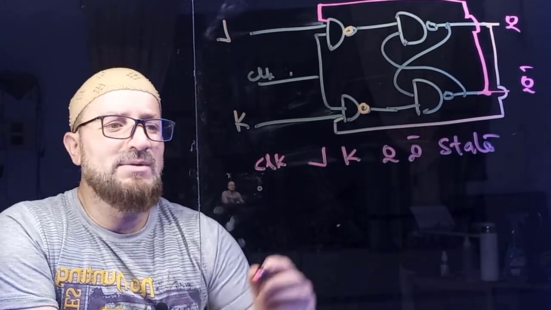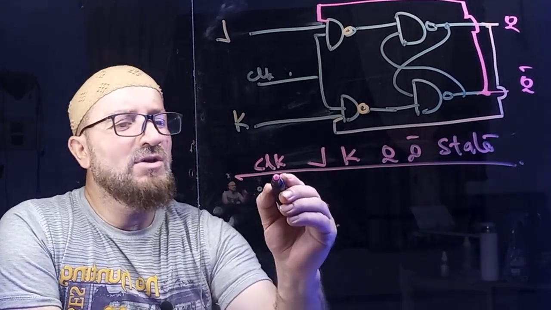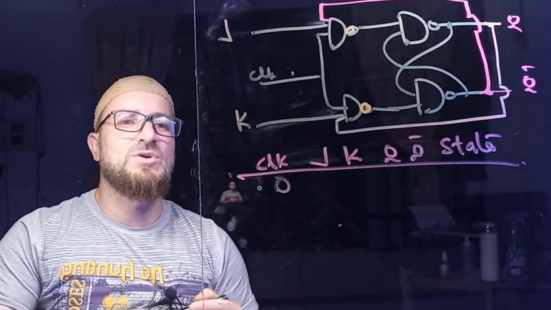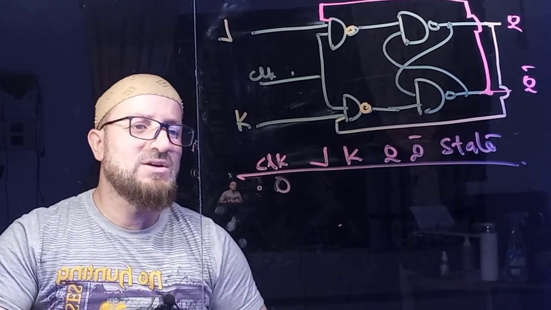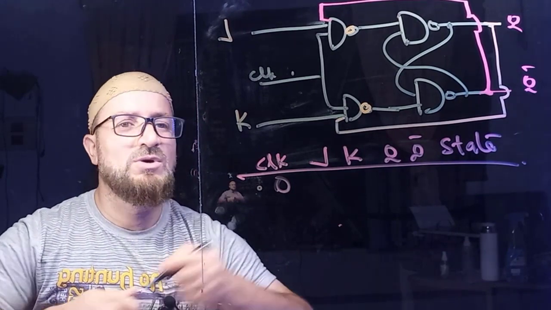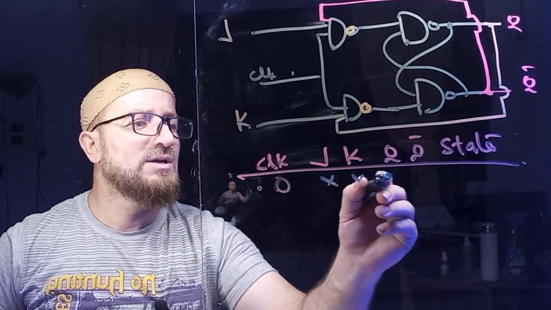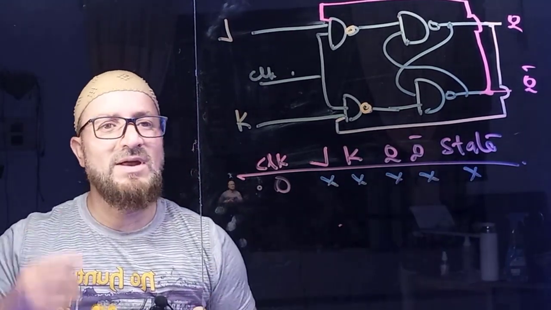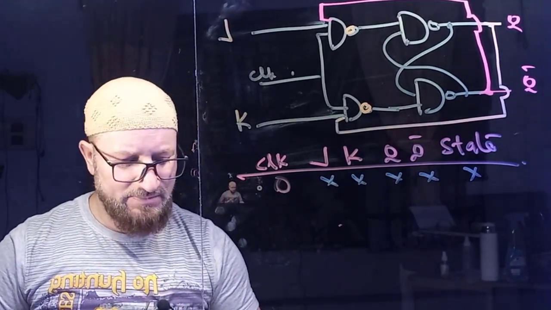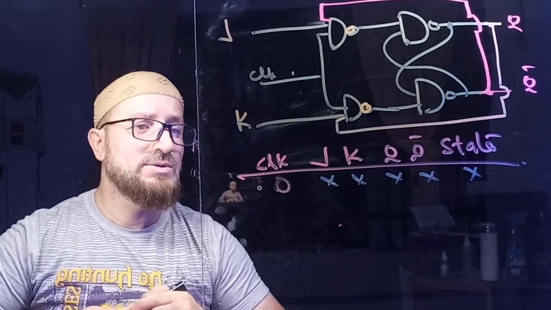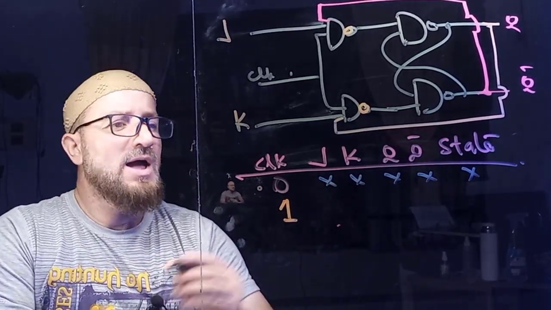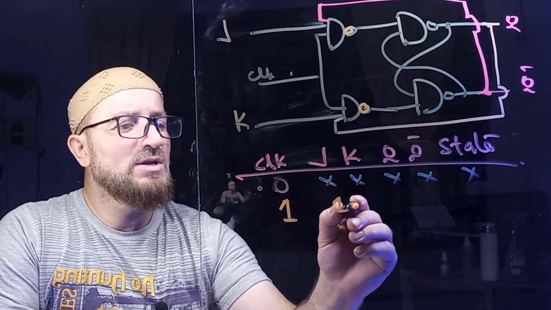Now if the clock is 0, we know from the SR flip-flop, it's not going to work. It doesn't have any effect. If the clock is 0, it's going to be disabled, right? Now if the clock is 1, maybe I use some bright pen. Maybe let me try this one. If the clock is 1 and J is 1, K is 0,